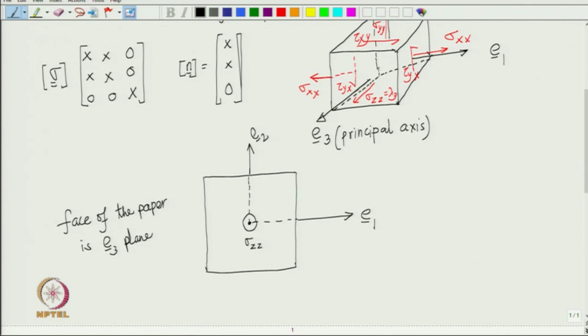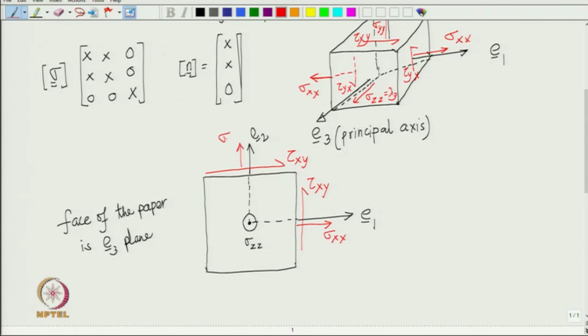But on the E1 plane we have sigma 11 and tau 21, right, or sigma xx and tau yx, which is equal to tau xy. So, I will just write it as tau xy, okay. Whereas, on the E2 plane we have tau xy